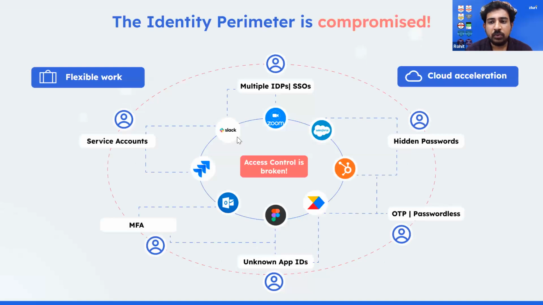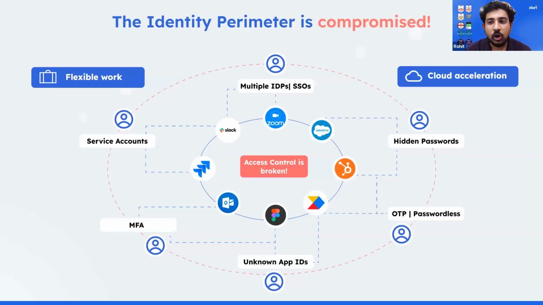The first thing I want to talk about is the identity perimeter. There used to be a network perimeter before, but today the perimeter is identity. And that perimeter is compromised today, for two major reasons. Because now work is decentralized and boundaryless. Anybody can work from anywhere, on any device, from any location. All you need is your identity, and you can log in and use the applications that you use day to day. And the second reason is obviously the acceleration of the cloud,